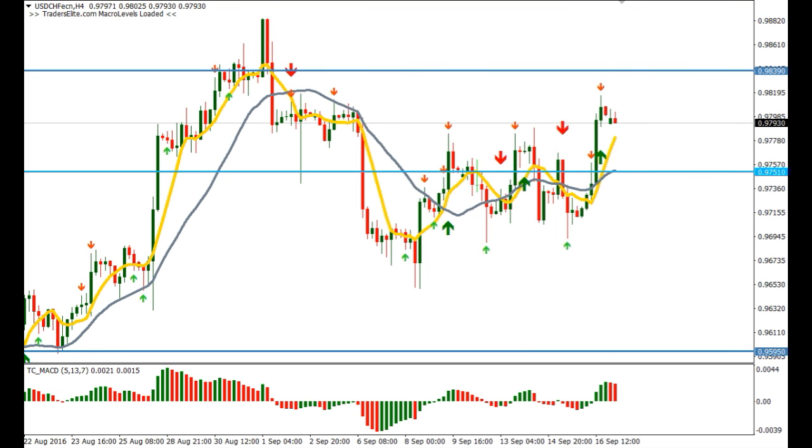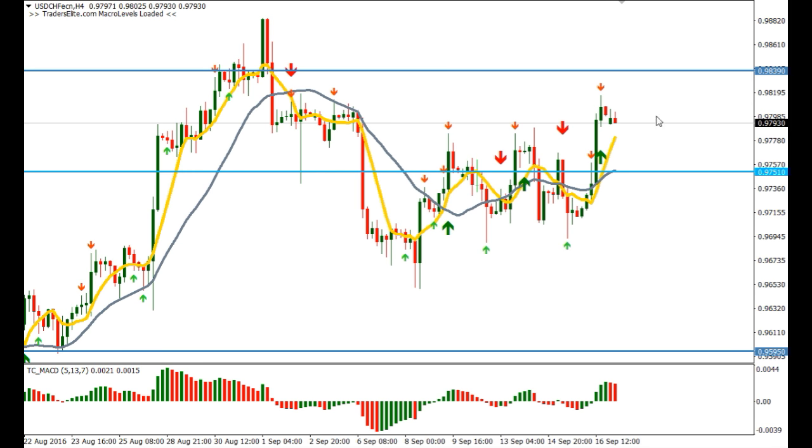Okay, dollar Swiss similar here. We've got a move to the upside. This one was a little bit of a bugger. It gave us a trend trade to the upside here, but it was rejected at the 97.51 macro level. Another upward trend trade here above, but again rejection. And this is the third time that we've seen a trend trade to the upside. Nice price flips here,